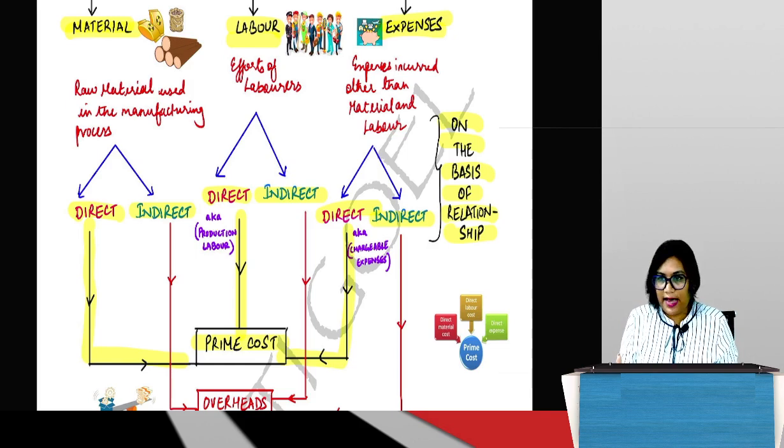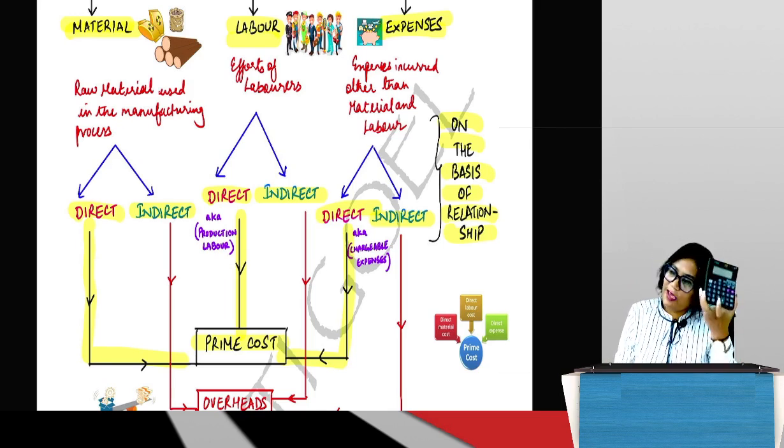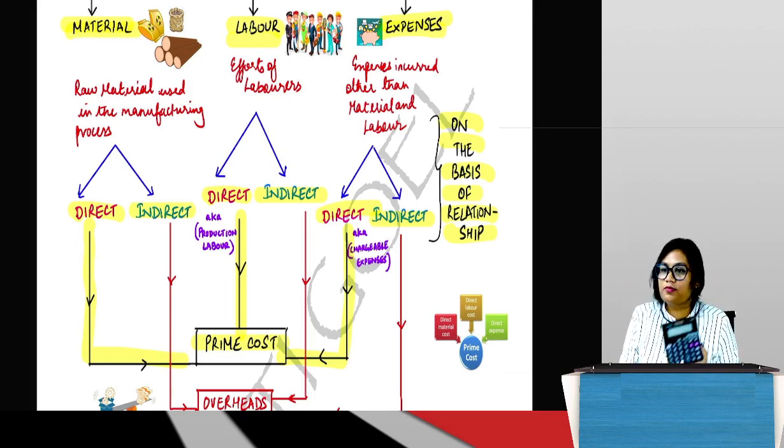So when I see this calculator, I know that the buttons and the display is for the manufacture of this calculator. So if the cost of each button is 1 rupee and 30 buttons are used in this calculator, I know 30 rupees is attributable to buttons, which is nothing but my direct material. Similarly, 1 display is used in 1 calculator. I know that the cost of display is attributable to this 1 unit, because display will only be used in the calculator, and that becomes the raw material for this particular calculator.